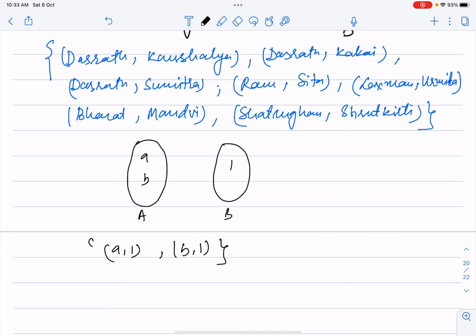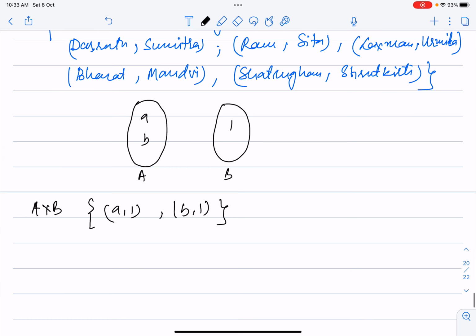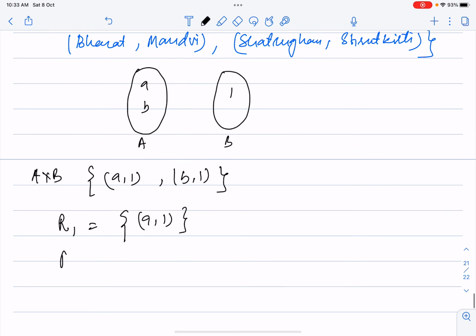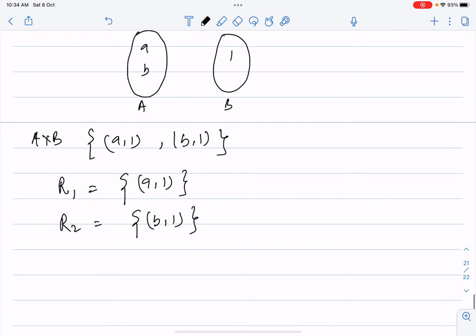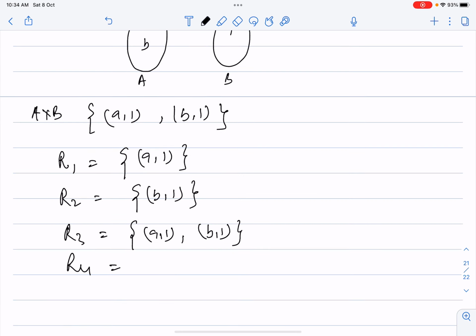That is A cross B. Now a relation between A and B can be, the first relation, suppose I write only (a, 1). Second relation can be (b, 1). Third relation can be (a, 1), (b, 1). And the fourth relation is that there is no relation,